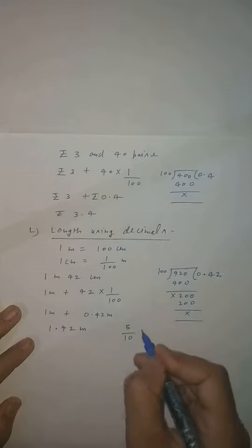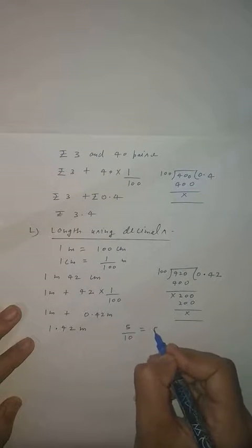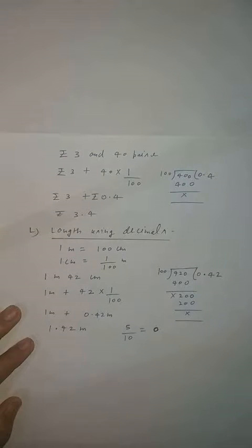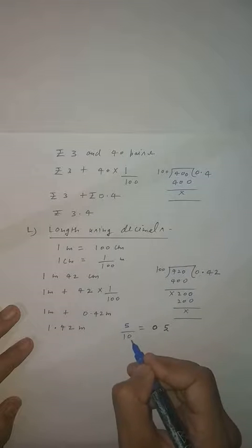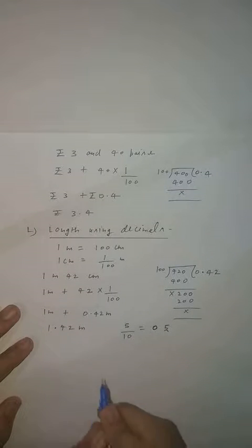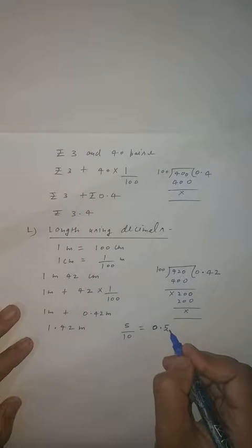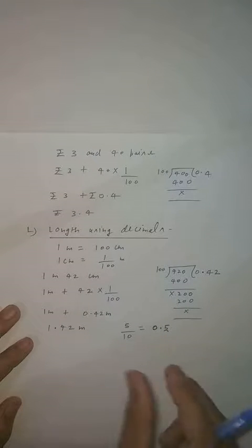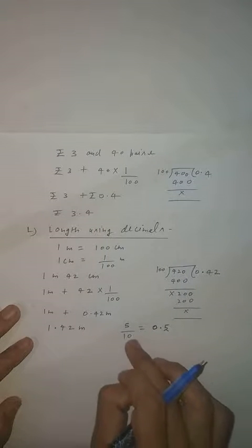So how does it come? It means, student, if 5 upon 10 is given, then put 1 0, okay? In any number put 1 0. Now write down 5, okay? Now 1 0 is given. Clear? The conclusion is that after the decimal there should be only one integer, only one number. So where will you put the decimal, student? Here you will put the decimal. Look, you can check after the decimal one digit, and this will be your result. Here also after the decimal one digit, because 1 0 is given.